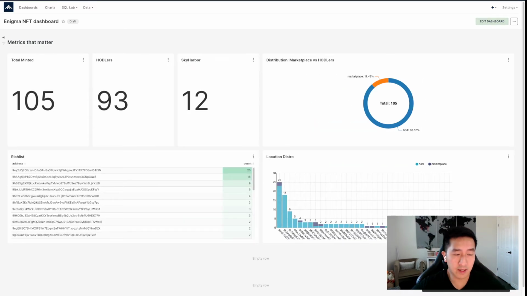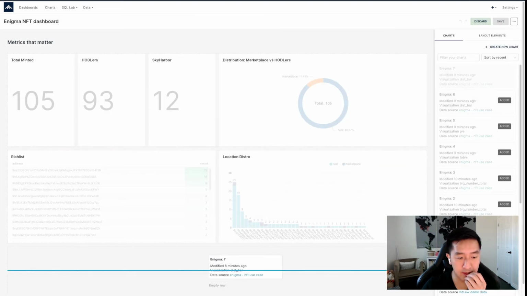And then let's have one more example here. Let's say there's a collaboration that you have with another project owner. I will call out Ergo Champions. They've been really helpful with the Azorus project so far. Let's say there's a collaboration, but you want to know what the distribution looks like between people who hold Enigma NFTs and people who hold Ergo Champions. So if I just pop that down here really quick,